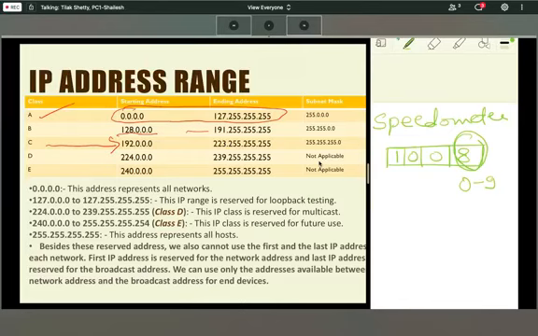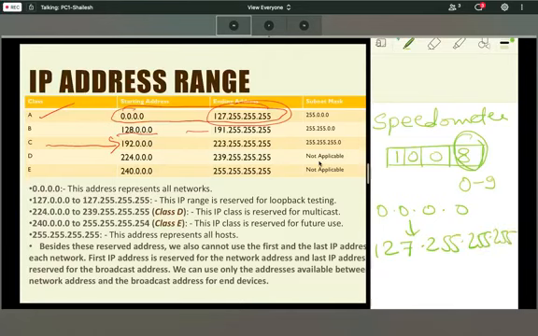Now see on your screen, the class A range is from 0.0.0.0 to 127.255.255.255. In the same way, in computer networking we have a range of 0 to 255 in every octet.